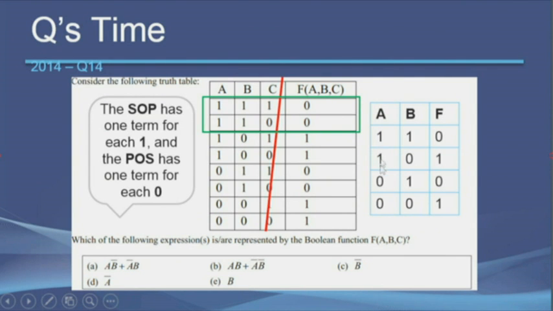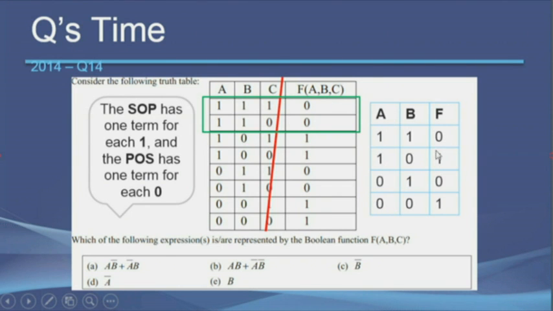We can see 1 is here, 0 is here and F is here. So it should be A, B bar, and this 0 should be 1. So A, B bar should be one line and A bar, B bar should be the other line.